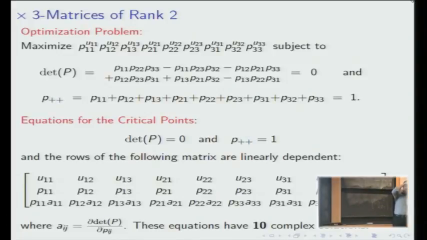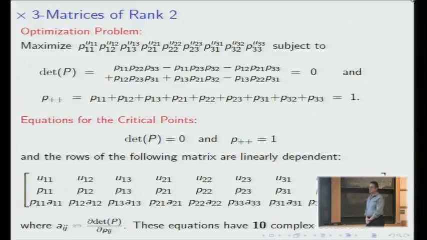Lagrange multipliers says we have this determinantal variety of rank R matrices, and we would like to find a point at which the gradient of the objective function is such that the hyperplane contains the tangent space. So the gradient of the objective function should be orthogonal to the point. That's Lagrange multipliers, and that translates algebraically into this condition. So if we form a 3×9 matrix, the first row is the flattened, let's say, or vectorized version of the data. Here we have the unknowns. And then finally we have this cubic entry, so Pij times the cofactor in the matrix, the derivative of the